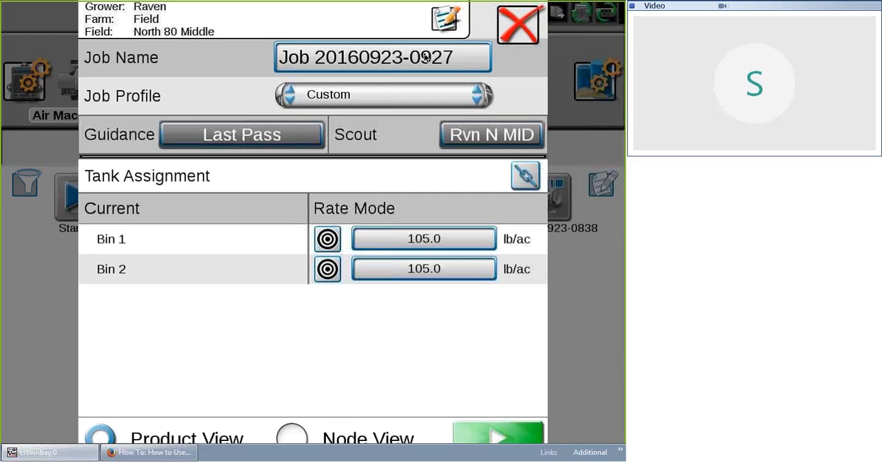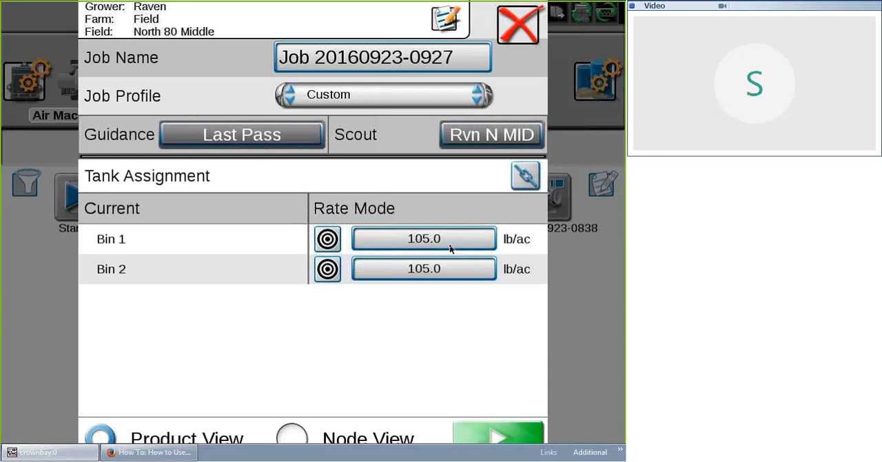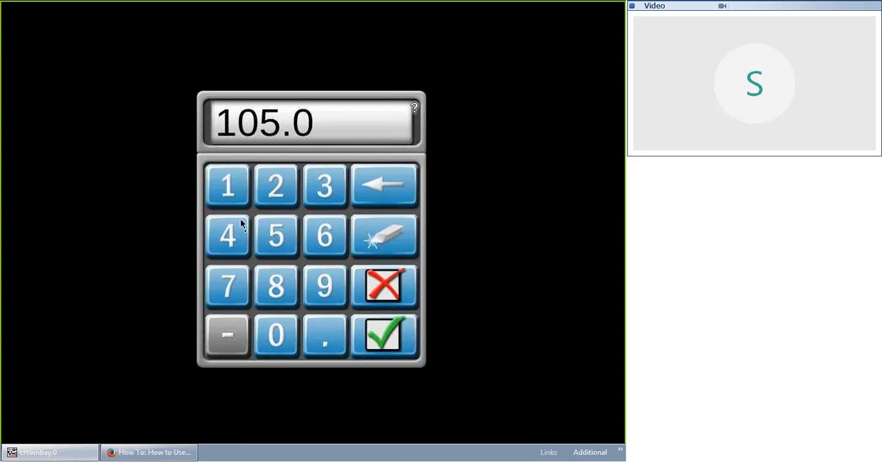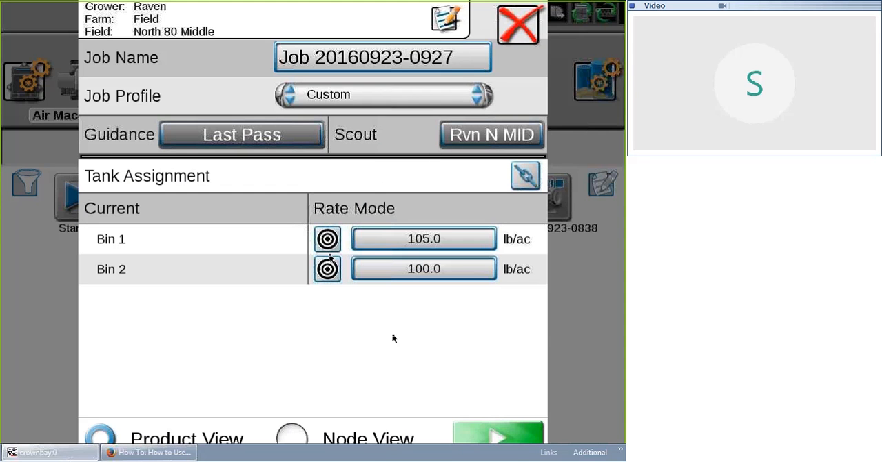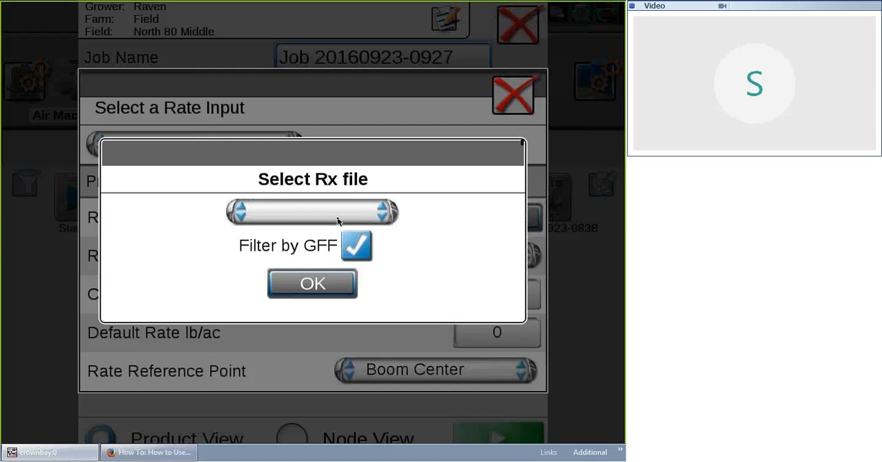We're going to do a default date and time, but we can change that so we can identify that field later if need be, if we're not utilizing the grower farm field. We're going to show you what we can do if we're going to do a traditional rate job. We can touch on our rate, enter our target rate, or here I'm going to load a VRA job, so I'm going to touch on my target, change it from fixed rate to RX map, select my RX map name,